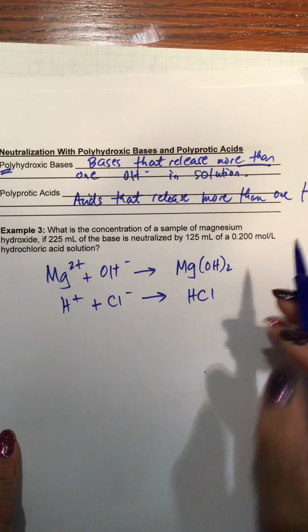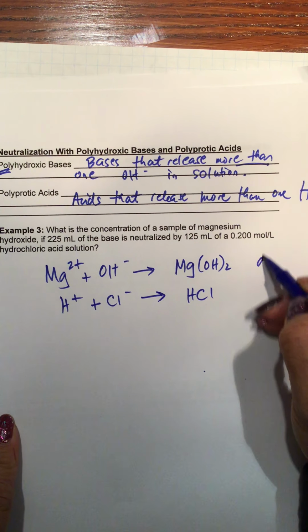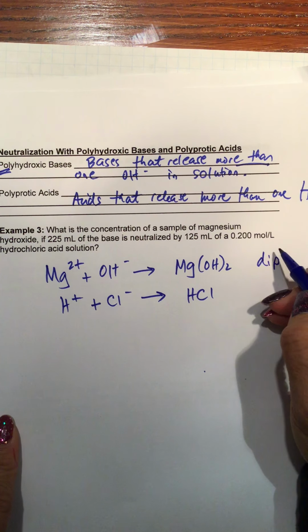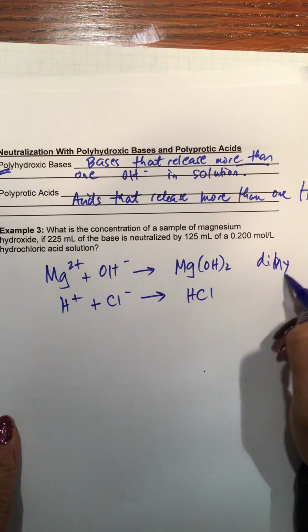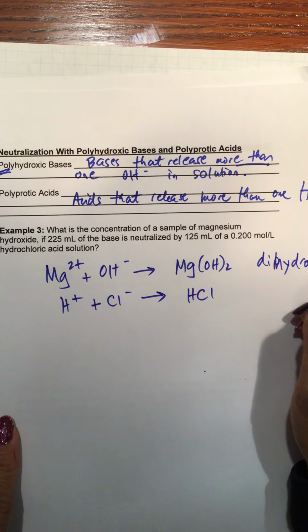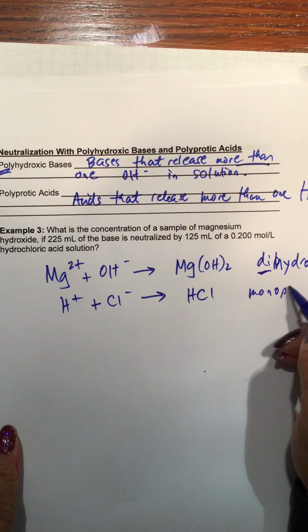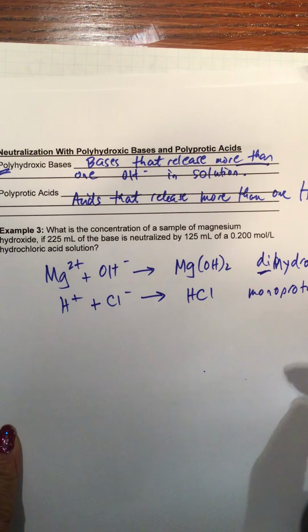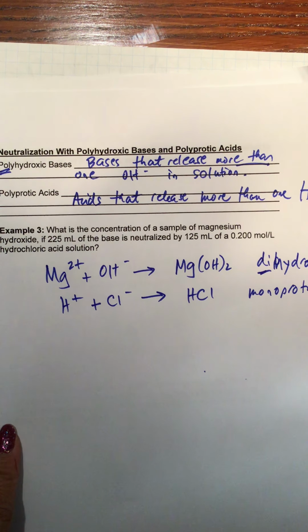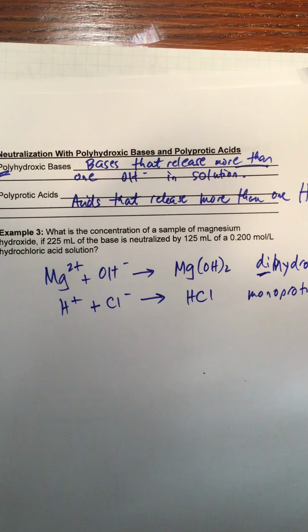and we have written hydrochloric acid a few times, so you have HCl. This base is dihydroxic, so di for 2, and this is a monoprotic acid. Okay, so let's take a look at the